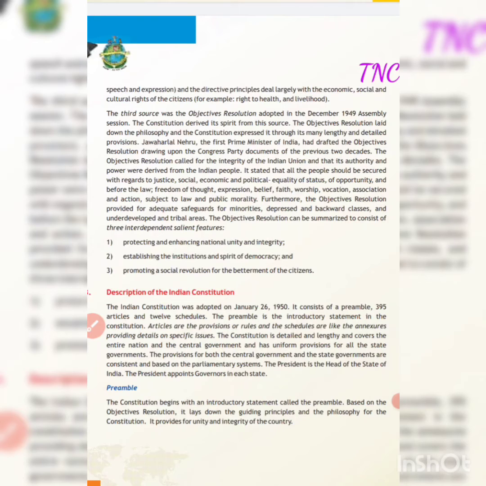So this objectives resolution provided safeguards for the backward, socially or financially backward classes of the society, to uplift them, to bring them at par with the upper classes. There were some provisions made in the constitution also, and some provisions which were provided by the forthcoming governments. Objectives resolution can be summarized to consist of three interdependent salient features: protecting and enhancing national unity and integrity,